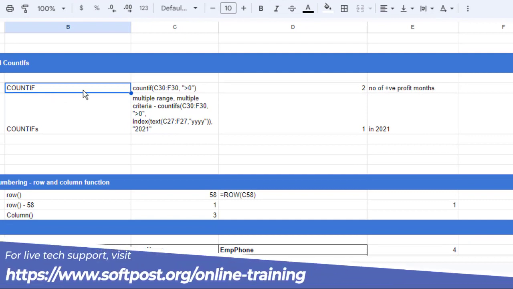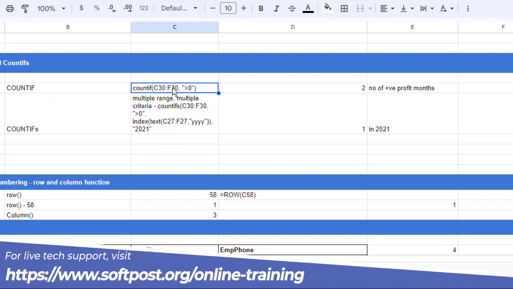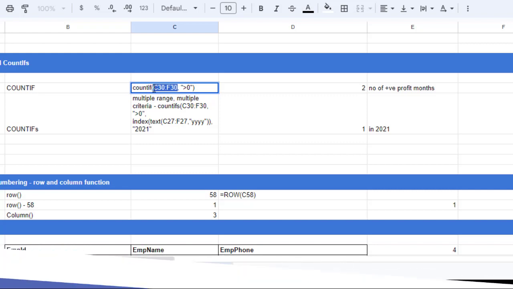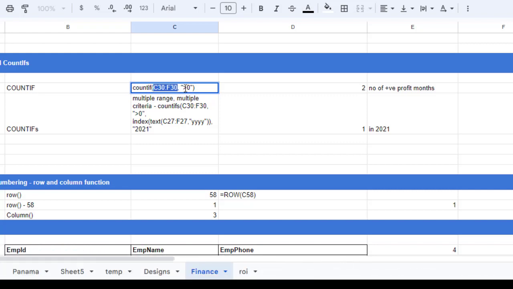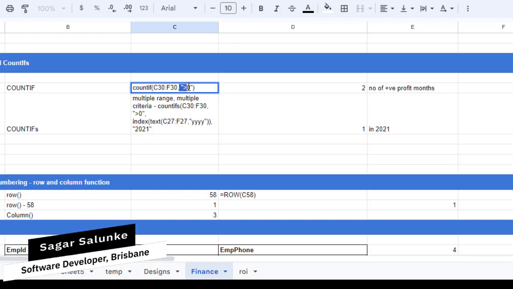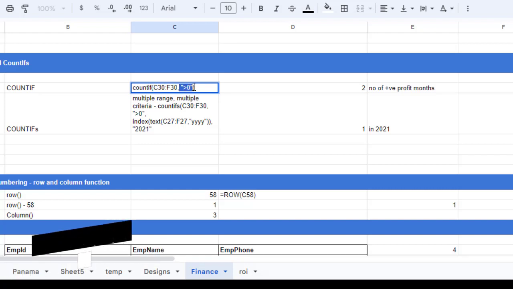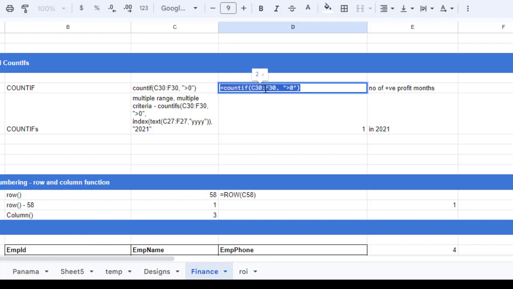In the CountIf, the first parameter is the range and the second parameter is the criteria or the condition. For example, over here, we are counting the cells from C30 to F30, but we are counting only those cells from this range where the value is greater than 0. So this second parameter tells what condition should be used to filter the cells, or count the cells. So here the answer is coming 2